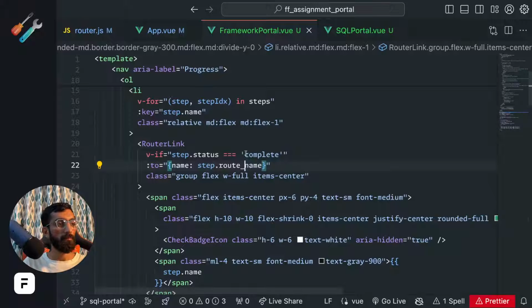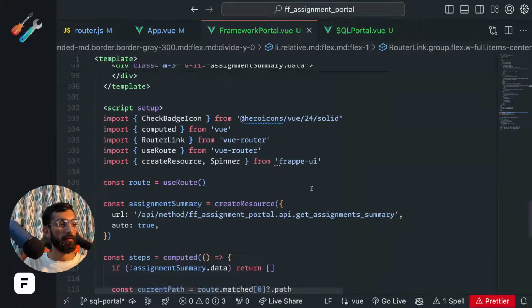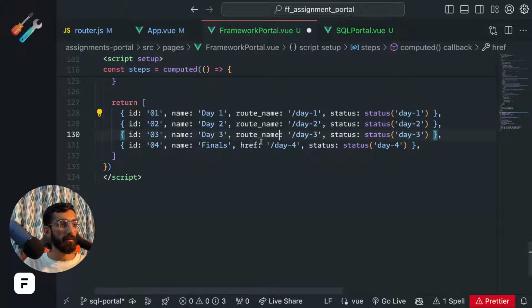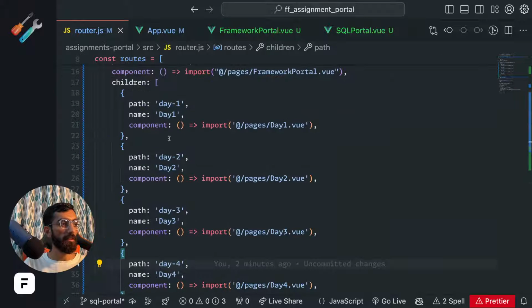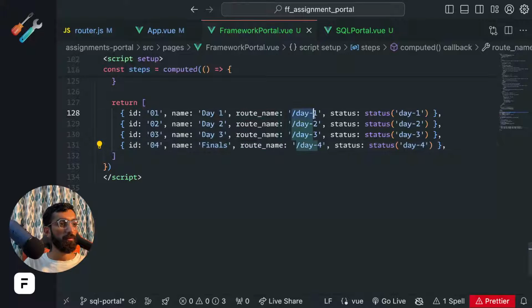Route name. Okay. And then I will replace this. And in the router, we have given them the names day 1, day 2, day 3, day 4. So this will become